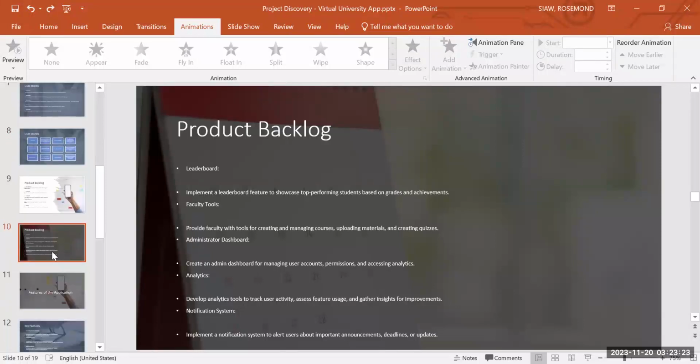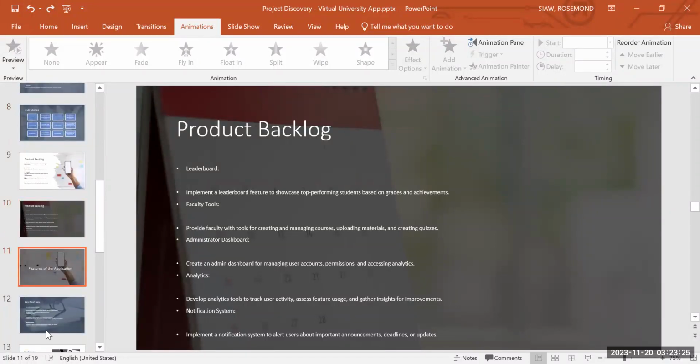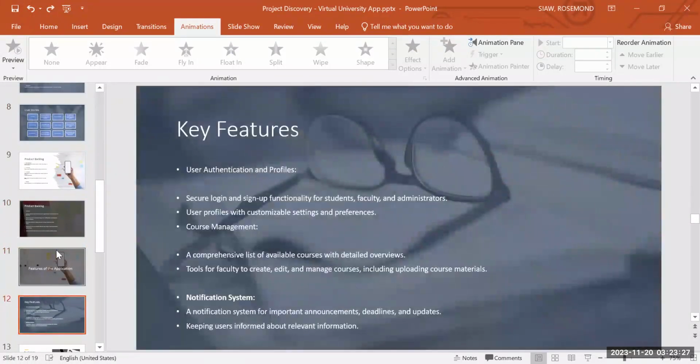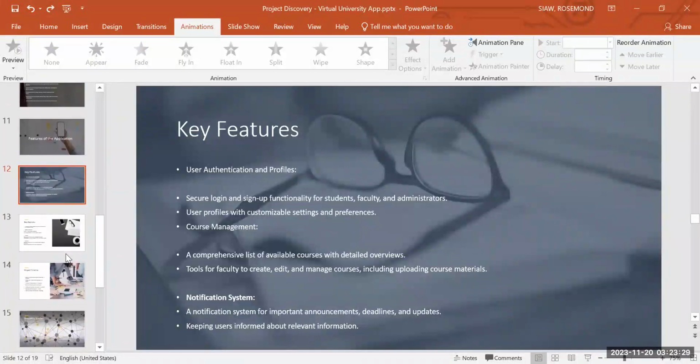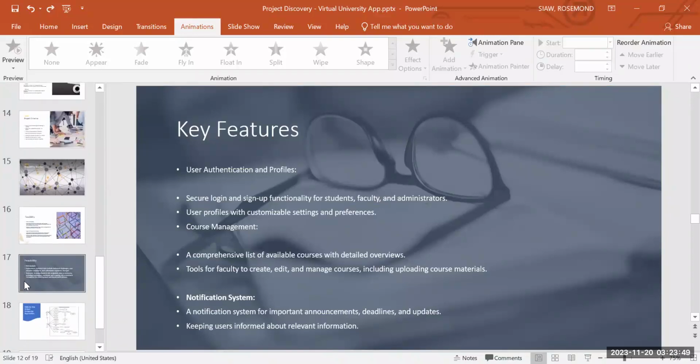Also, the key features of the application are the user authentication and profiles, secure login and sign up functionalities, user profiles, course management, a comprehensive list of available courses, and a notification system. So let's move to the